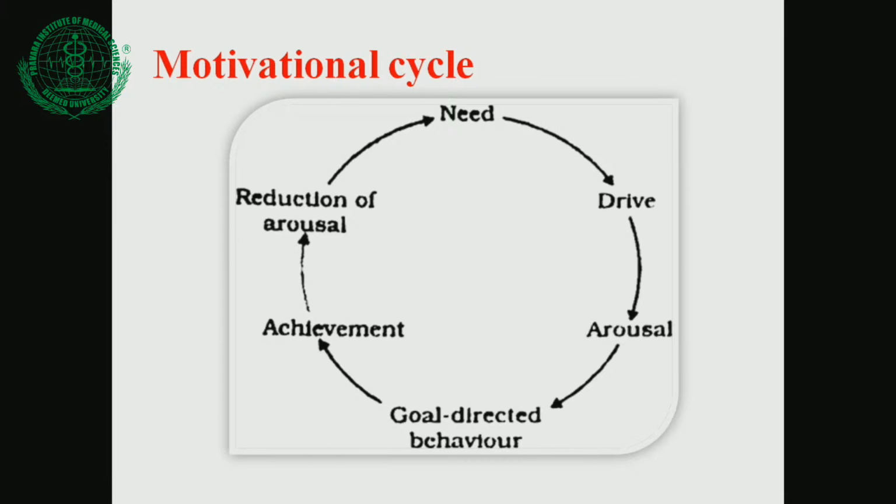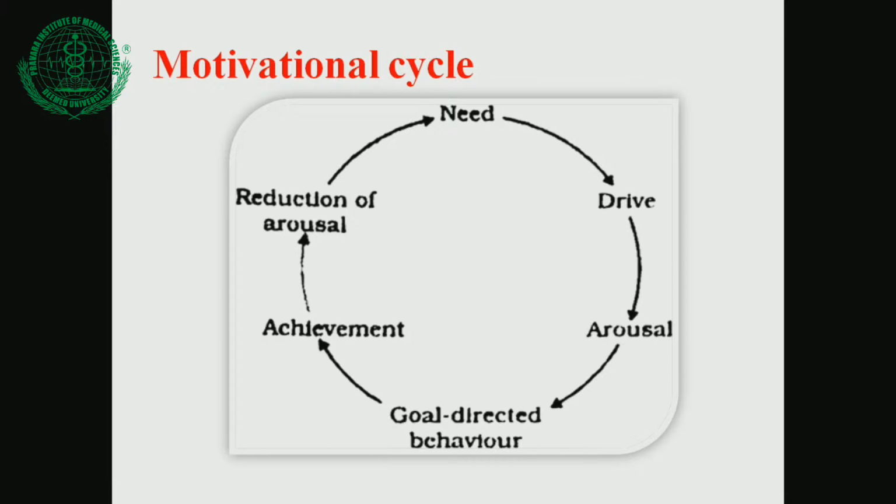So this instrumental behavior, or goal-directed behavior, will be there, and when he gets the water, this will be the achievement. He needed water, now he takes the water. So this is the achievement, or his physiological motives, the basic or primary motives, will be fulfilled. After some time the person again feels thirsty, so the relief is there, but again after that the person needs, so this comes in a cyclic manner. That's why it is called a motivational cycle.